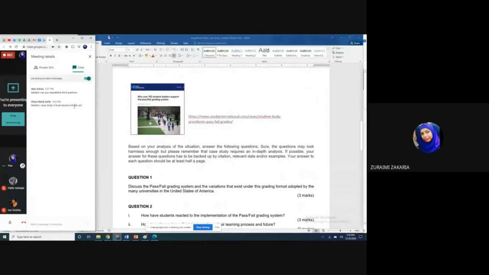Ya betul, soalan yang menarik. Yes, case study dibuat secara individu sebab kita melaksanakan case study ini sebagai alternatif kepada final exam. So, it has got to be done individually.